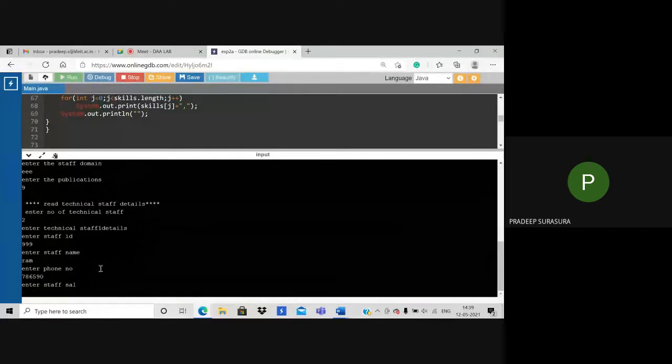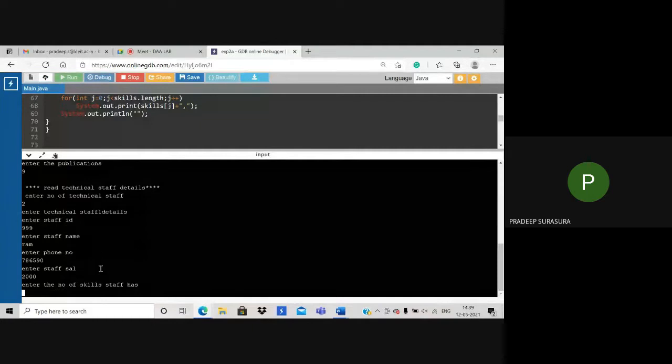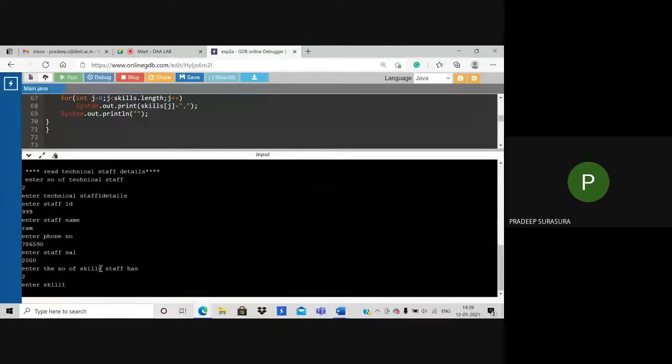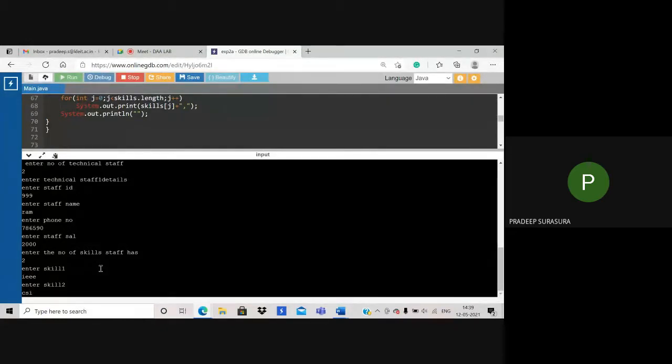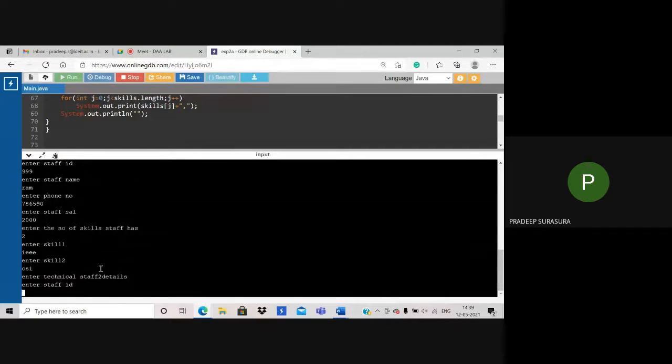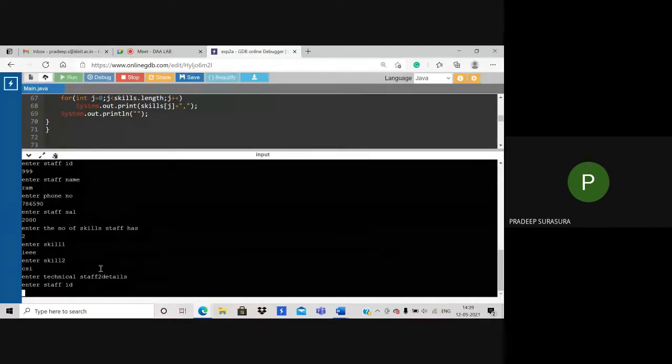It's asking something. I'll just enter some random value. I will try to enter the number of skills. One skill may be something like CSI, and it's asking for the second staff information.